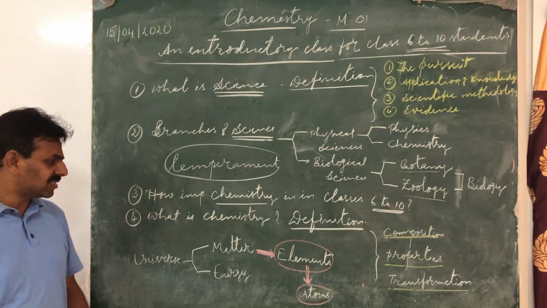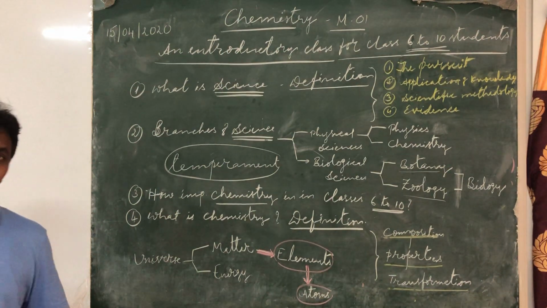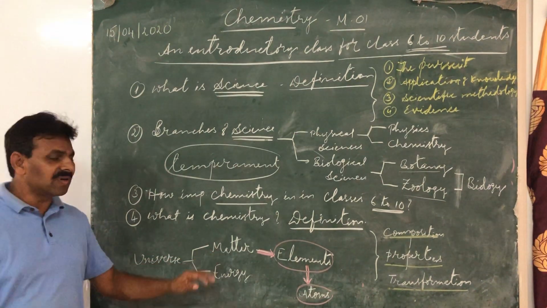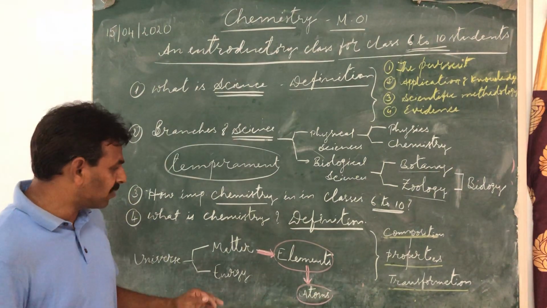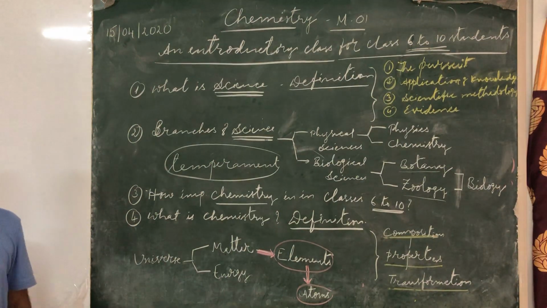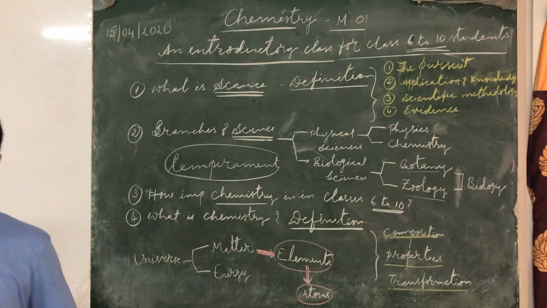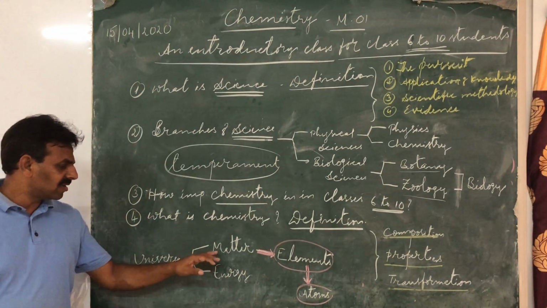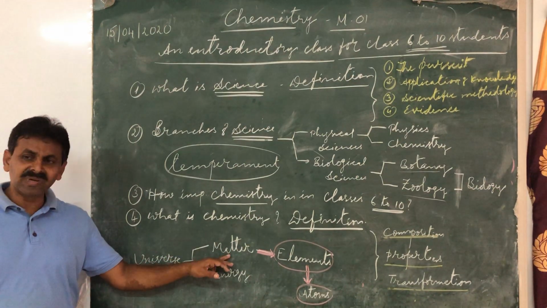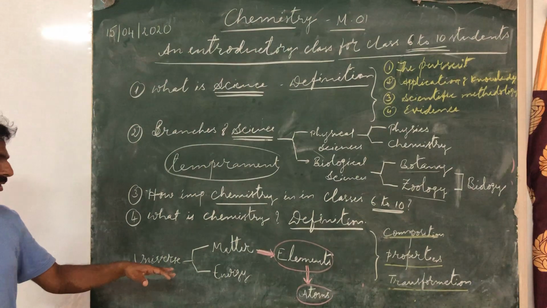You all know, children, maybe except class 5 students moved to class 6, they might not, I don't know, but the rest of the classes we have already discussed matter. It is very simple to understand. Once again I am coming back to the universe. If you exclude energy, whatever is present in the universe, like water, earth, moon, sun, planets, everything is made of matter. Excluding energy, everything is made of matter. That constitutes the universe.